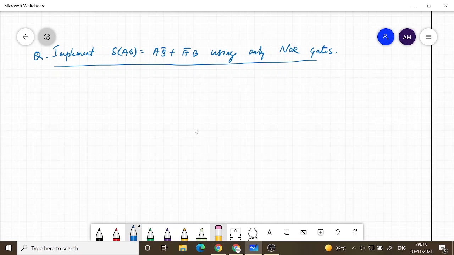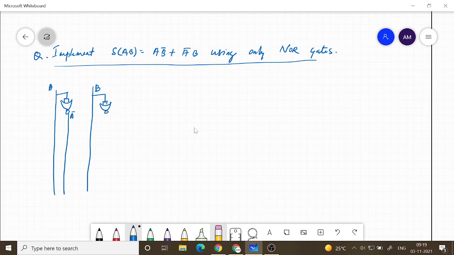So first thing is we need to take complements. So this is A, and I need to now take complements. So I'll get A bar, then I have B, and then I will take complement.